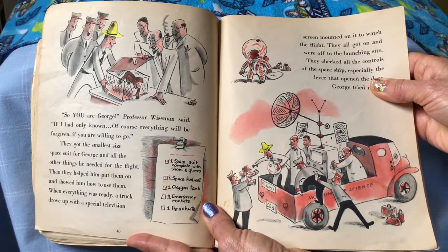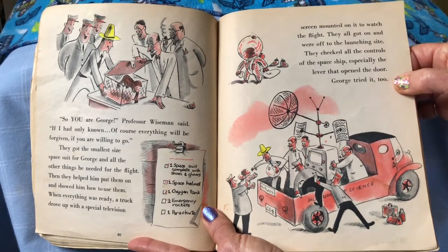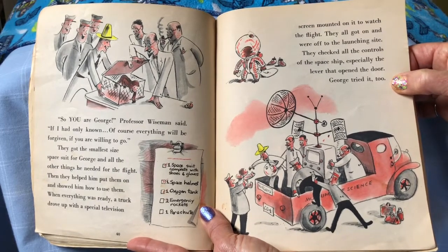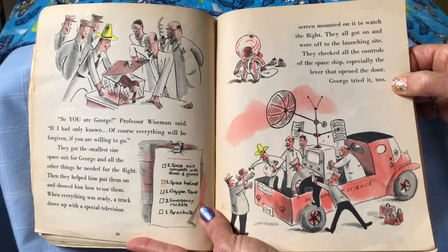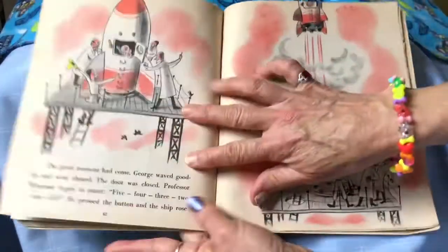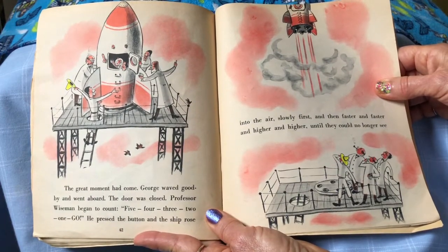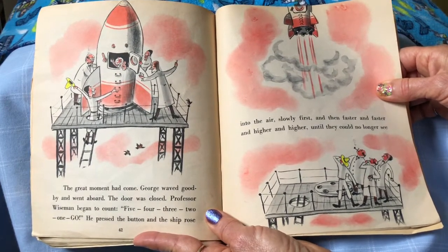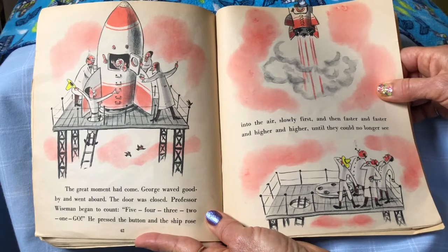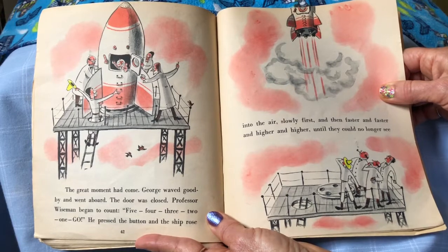When everything was ready, a truck drove up with a special television screen mounted onto it to watch the flight. They all got on and were off to the launching site. They checked all the controls of the spaceship, especially the lever that opened the door. George tried it too. The great moment had come. George waved goodbye and went aboard. The door was closed. Professor Wiseman began to count. 5, 4, 3, 2, 1,